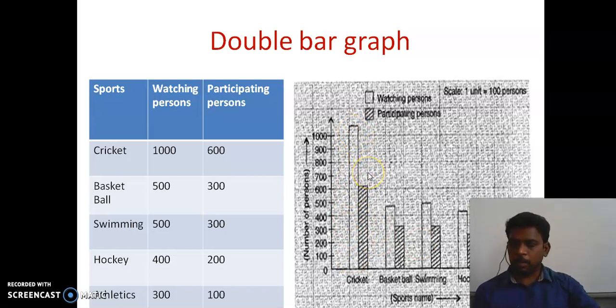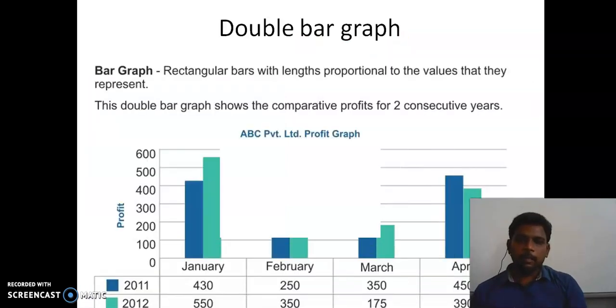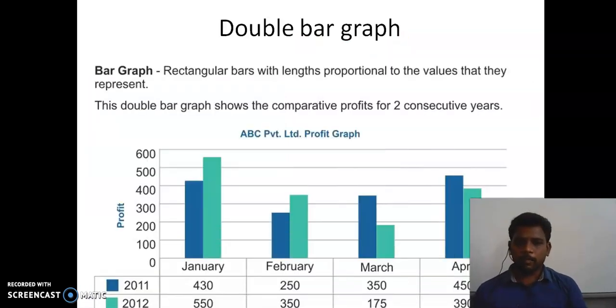So that is the procedure for representing the given data in a double bar graph. The objective of a double bar graph is nothing but comparing the given data of the relevant information, right? And here is one more example. Look at the data here. Have you understood what is given and what information is given here? Just look carefully.